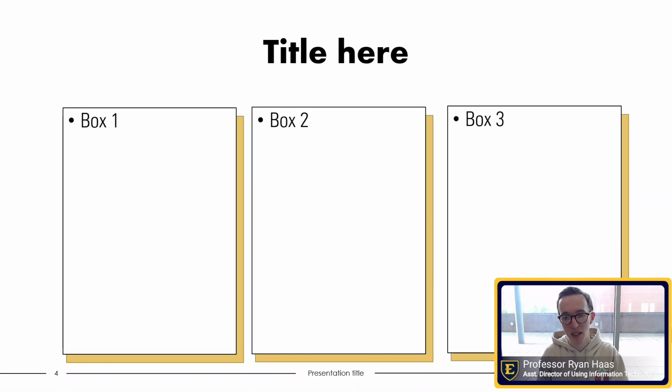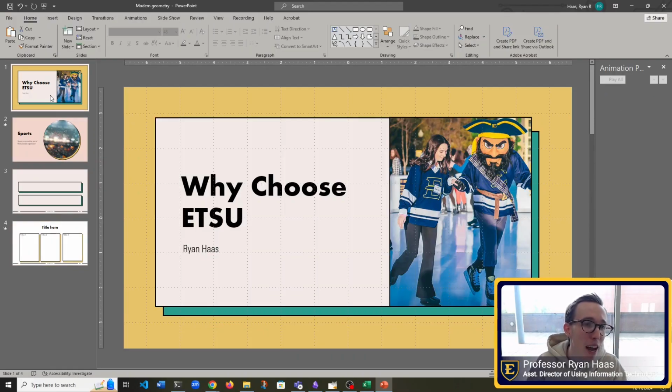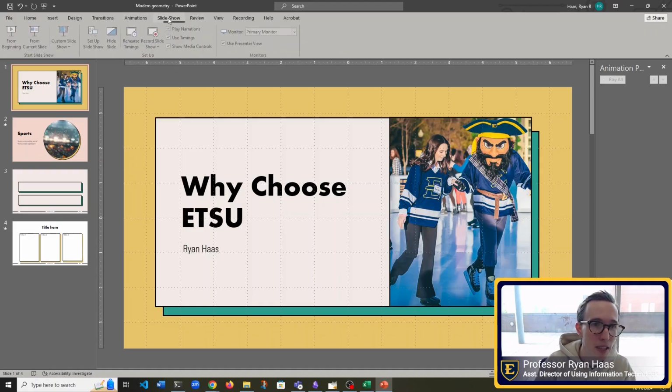Perfect. So by doing this, we can advance different points on our slide without overwhelming the audience by showing them everything at once. So I've shown you the normal view and slide master view. What I have kind of glazed over is the presenter view. And that's what view I'm in when I go over here to slideshow, present from beginning or from current slide.